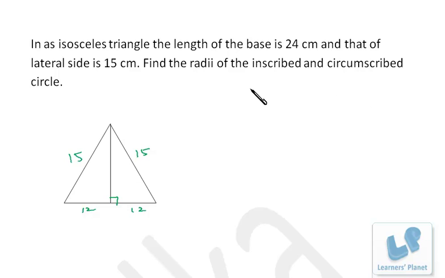Now friends, instead of doing many calculations, what we can do in case of radius of inscribed and circumscribed circle, we can directly use the formula, right? Area of any triangle is given by abc, that is product of sides, by 4 times radius of circumcircle, and the same is given by pr, where p is the semi-perimeter and r is the radius of inscribed circle, right? So that will be very easy for us to solve the problem, right? In a minute we can solve, right? Now here